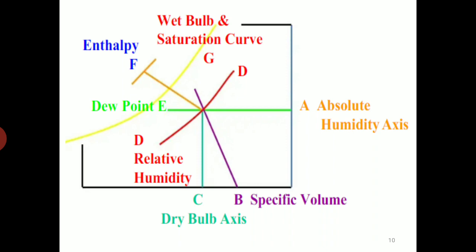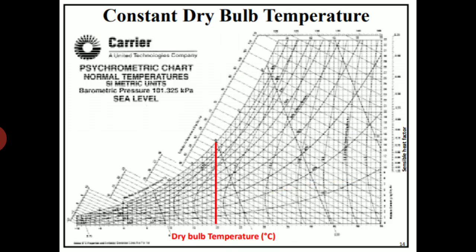The yellow color line indicates the saturation curve. On the saturation curve, you can see two values: one is called wet bulb temperature, one is called dew point temperature. So this is the skeleton of the psychrometric chart. In an exam, if they ask for the skeleton and to indicate the points of wet bulb temperature, enthalpy, relative humidity, and dew point temperature, you have to indicate them like this. Fine. So let us study in detail what the different lines are that come into the picture.